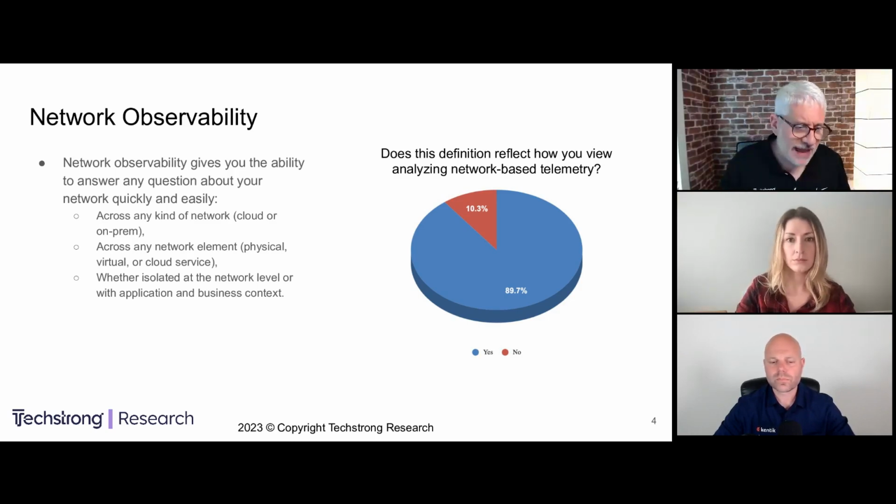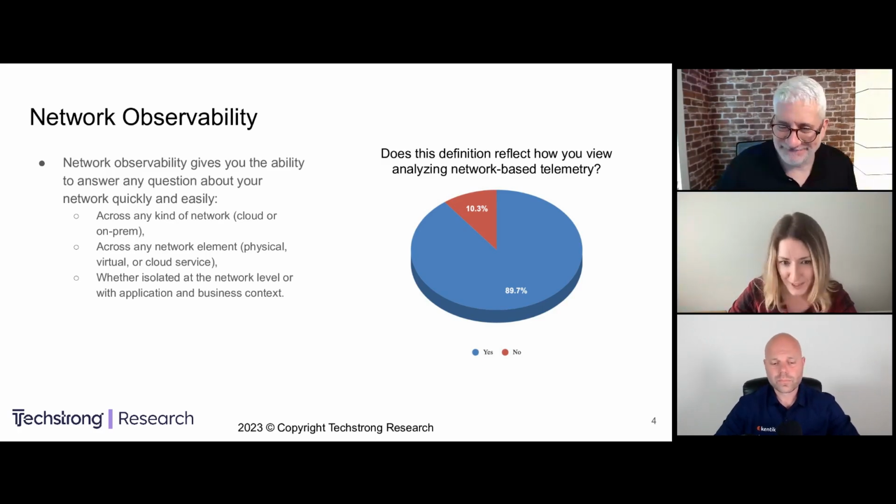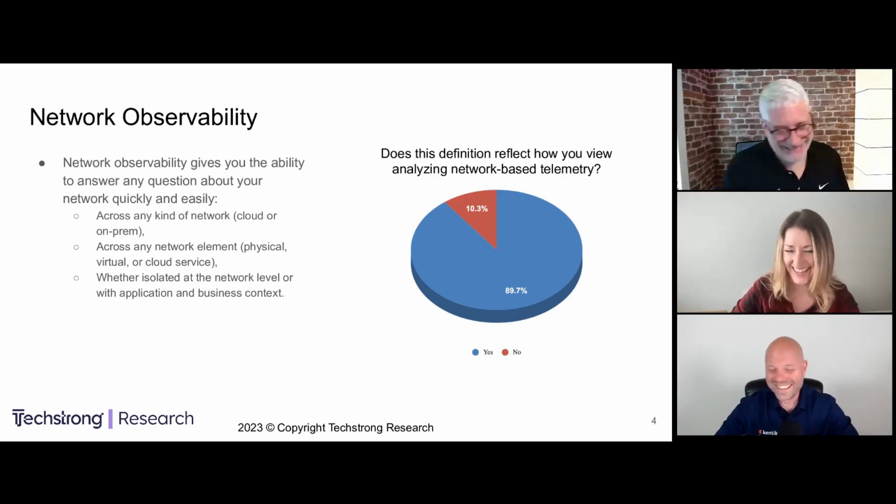So let's peel that back a little bit, and talk about the nuances or the differences of having to gather telemetry from a physical, on-prem network versus a virtual or cloud-based network, and some of the complexities therein. Either of you have a specific opinion on that one? Phil does. I sure do.